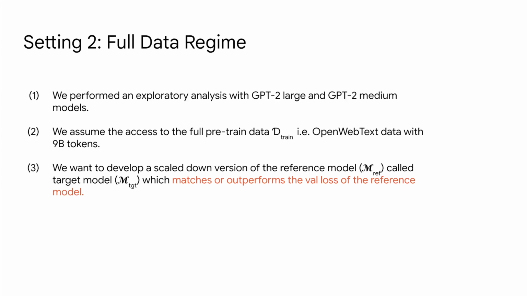Given full data, let's say in a world where we have full availability of the full pre-training data and the model, can we achieve some benefits? The answer is yes. So now the setting is we have the reference model, and we have the full data of the reference model. And now we want to beat the reference model with a target size. Let's say we don't need the full size model, but we want to beat the reference model in terms of val loss, because val loss is used for pre-training. I'm going to show you some results.